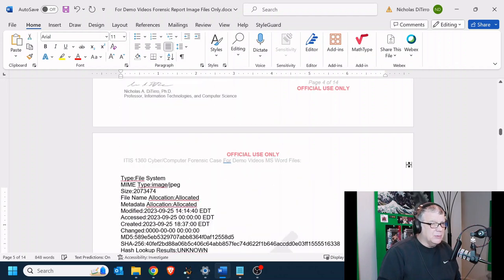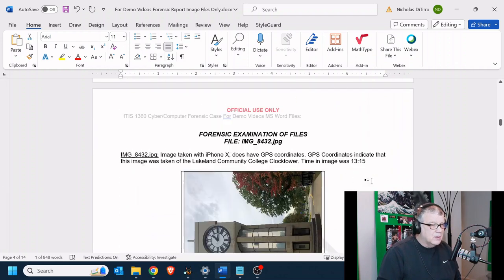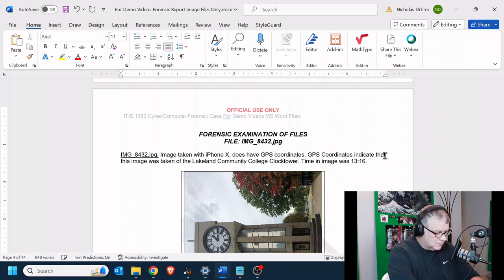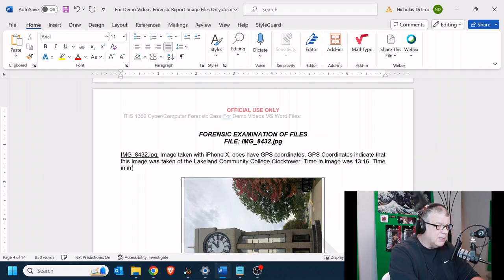All right, so I'm just going up there to change it to 13:16, and I'm going to say time in image is identical to time in metadata. So we'll stop here with the executive summary, because yes, we can go deeper into,